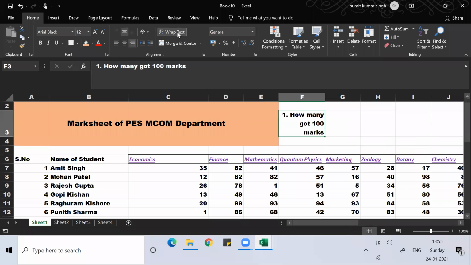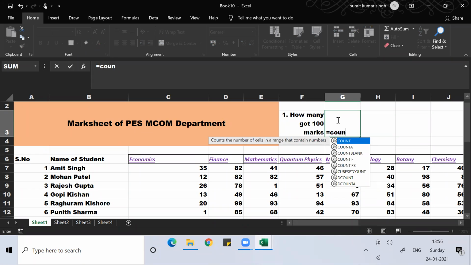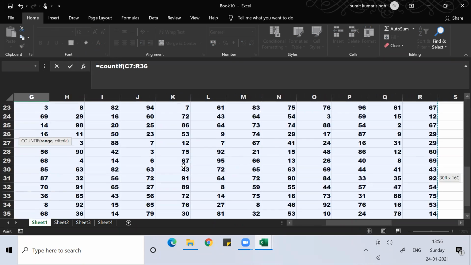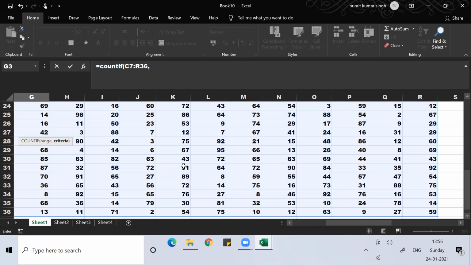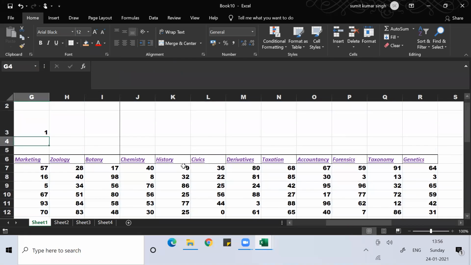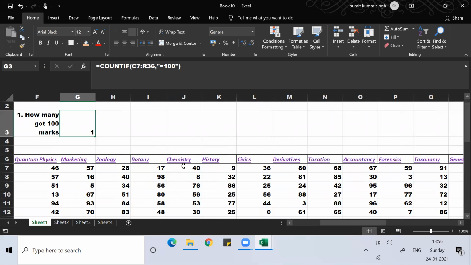So for this, I use COUNTIF. I use count range. Here in range, I'll select everything. Okay, then comma, then under double quote, equal to 100, double quote, close bracket, enter. So there's only one person who got 100.